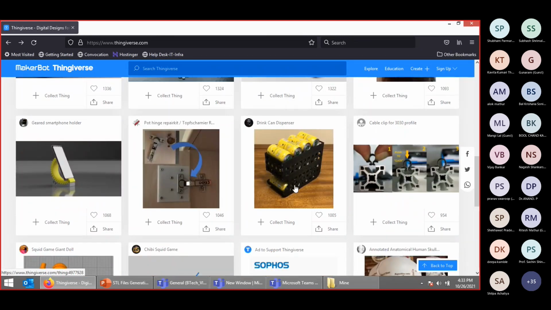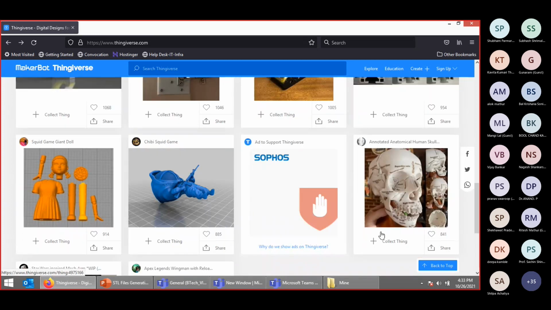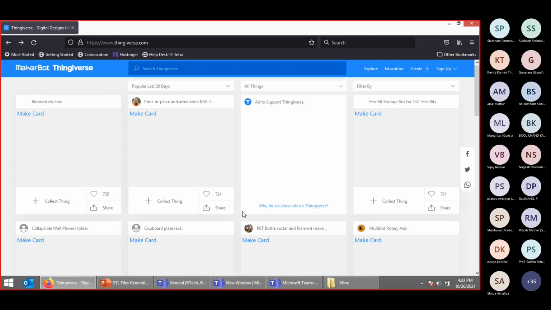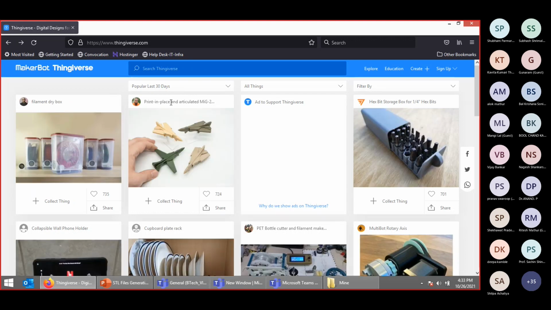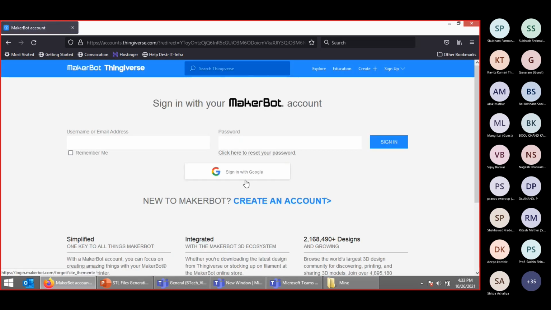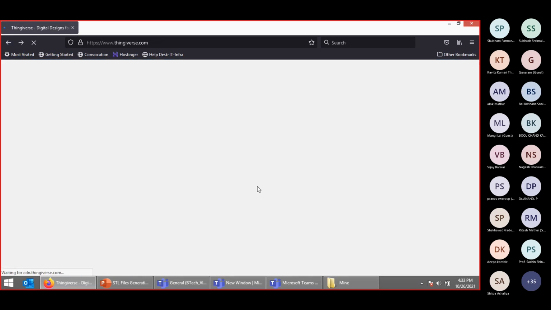So many things are there, you can get them and draw more and more, even hands, guns. Okay, it's asking to create your account, but it's free. Always remember that Thingiverse is free, so you can download easily.